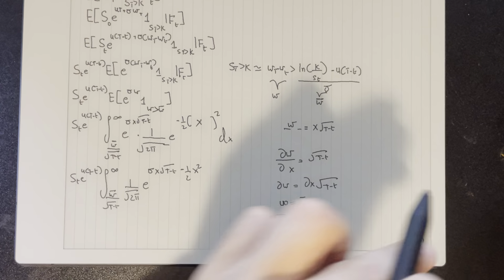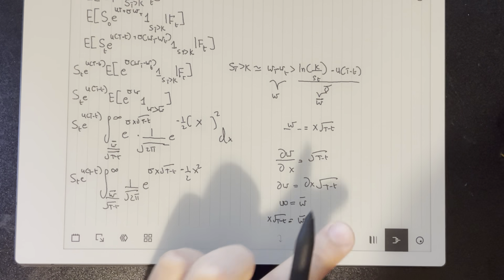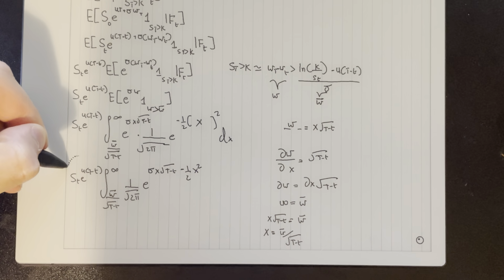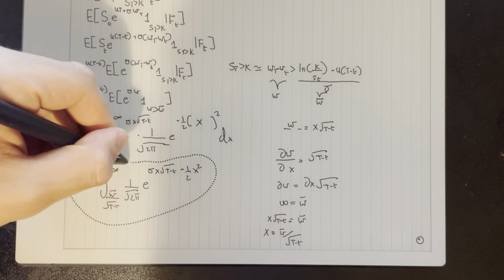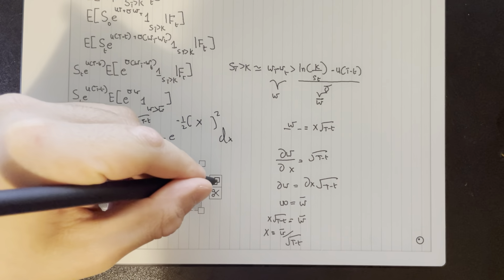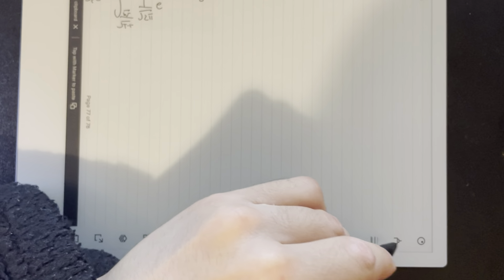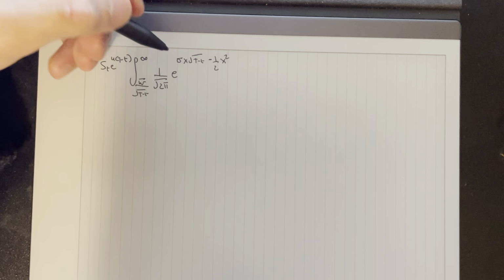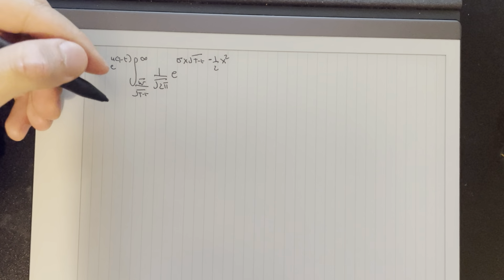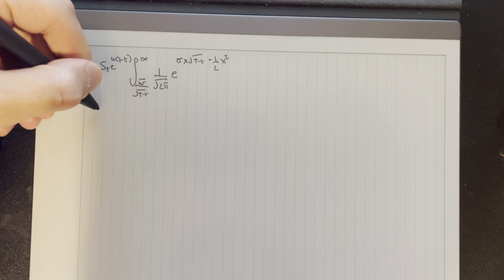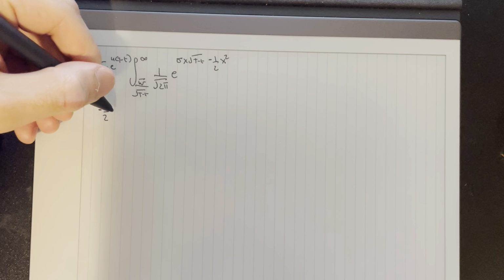And let me just start a new page. Just copy this information over here. Paste it here. Okay, so now we're just going to focus on the exponential. And what we're going to do is the following. We're going to have negative